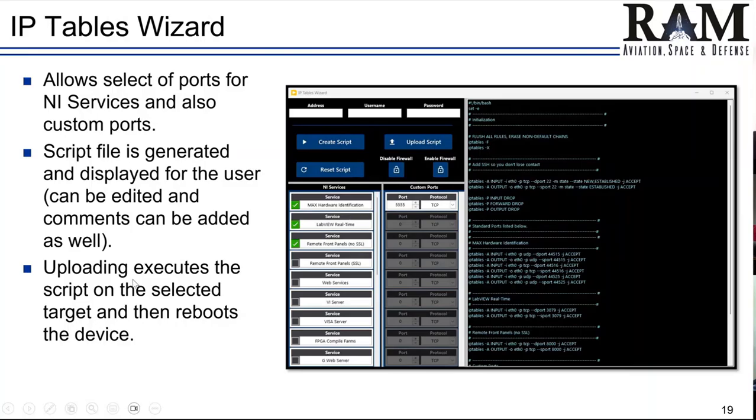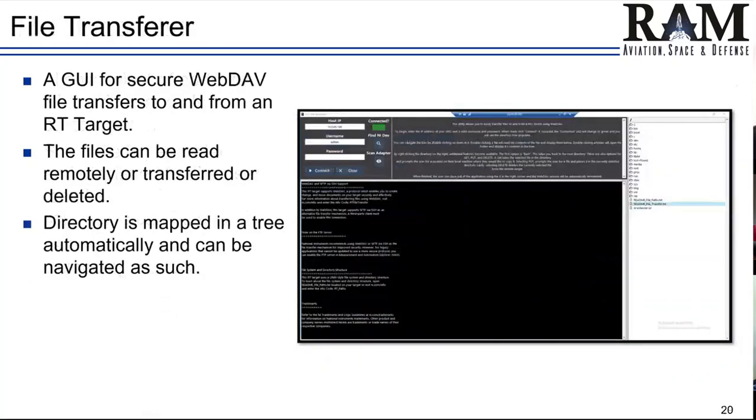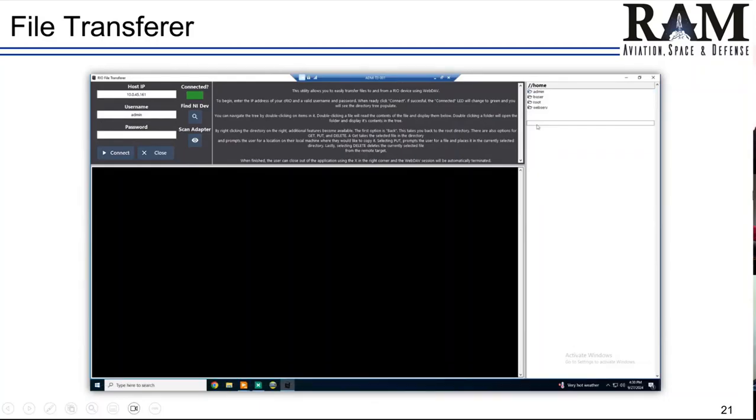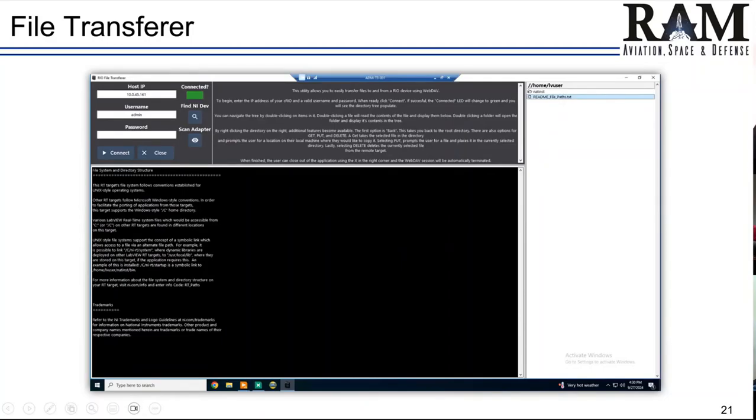and then upload the script to the target. I have just a simple file transfer GUI to these cRIOs. This will actually map your file directory on your target, and you can navigate it. You can read the contents of files here. The main driver for this is application whitelisting, right? It gets harder and harder to install third-party software without having to go through IT all the time. So it's much easier to have a custom interface that we've made that I can just include in applications,